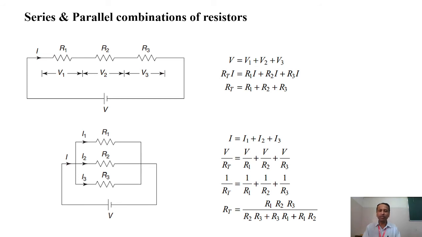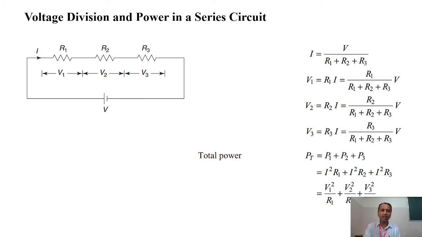Friends, you can see here the current supplied by the voltage source will be added. In series, voltage will add, and in parallel, for the resistances, current will add: I is equal to I1 plus I2 plus I3. So simple mathematics and the representation is in front of you. The way resistance in series and parallel are represented, in the same way we'll deal with inductors as well.